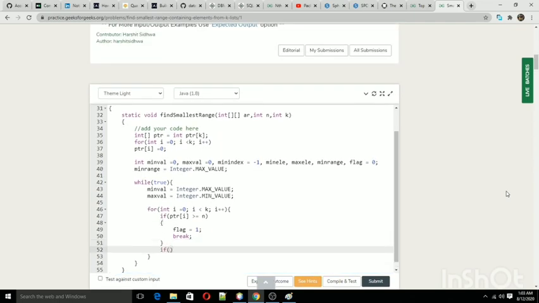Okay, if ptr of i is smaller than n and ar of i and ptr of i is also smaller than minimum value, then minimum value is equal to ar of i and ptr of i.